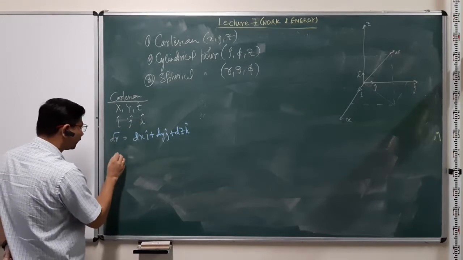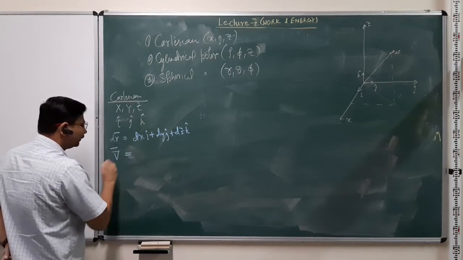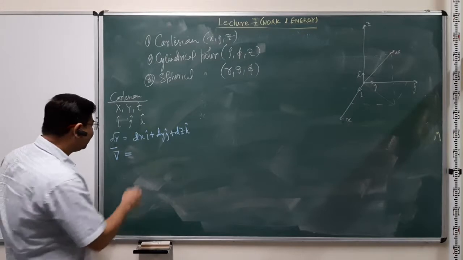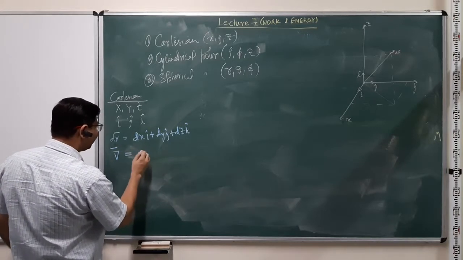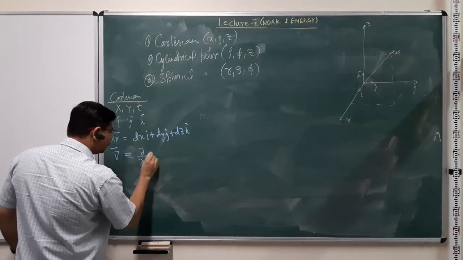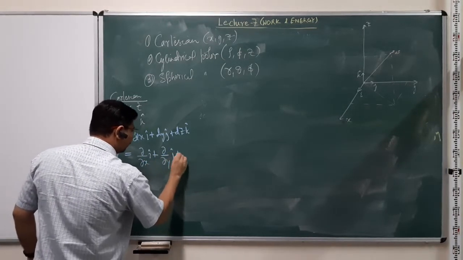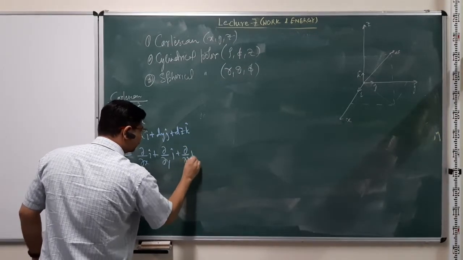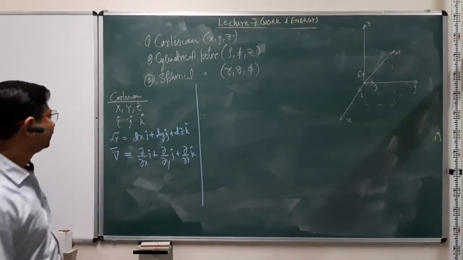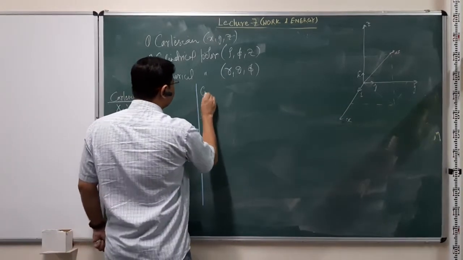So this is the infinitesimal displacement vector in xyz coordinates, and similarly I can write down the del operator, which is differentiation in x, y and z, partial differentials, and that is given as del over del x i cap, del over del y j cap, del over del z k cap. So these are the definitions that are useful for Cartesian. Let's do the same thing for cylindrical now.